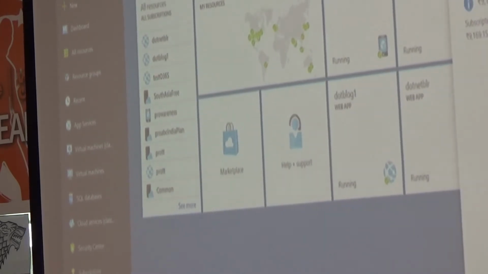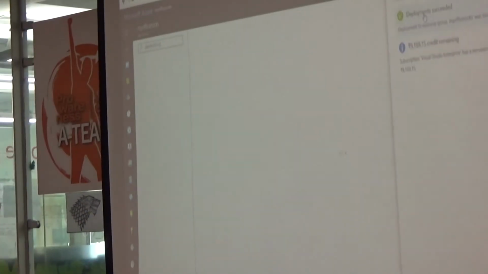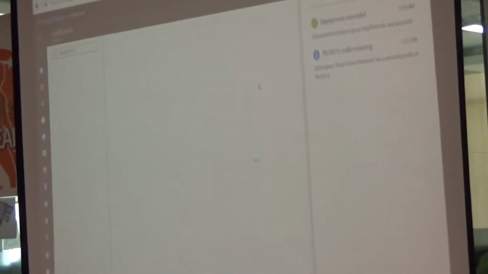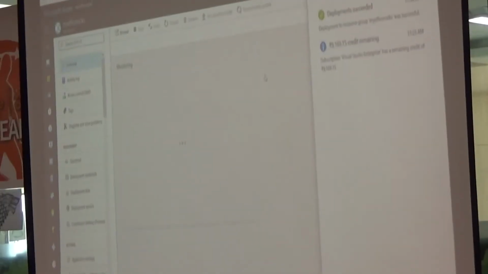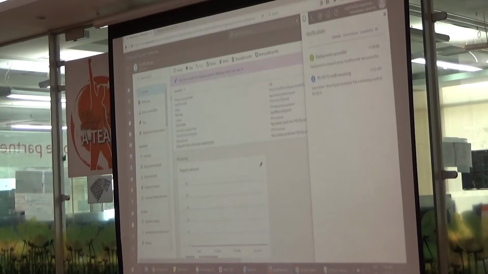So this is just a blank website. I didn't put any code. You are free to deploy on this. I just want to show you the default behavior. Okay. So it's done. I think it took about 15 seconds. Let's just visit the website and see how it looks. So this is just a default welcome page that Microsoft added. We don't like this. Let's go and change this.